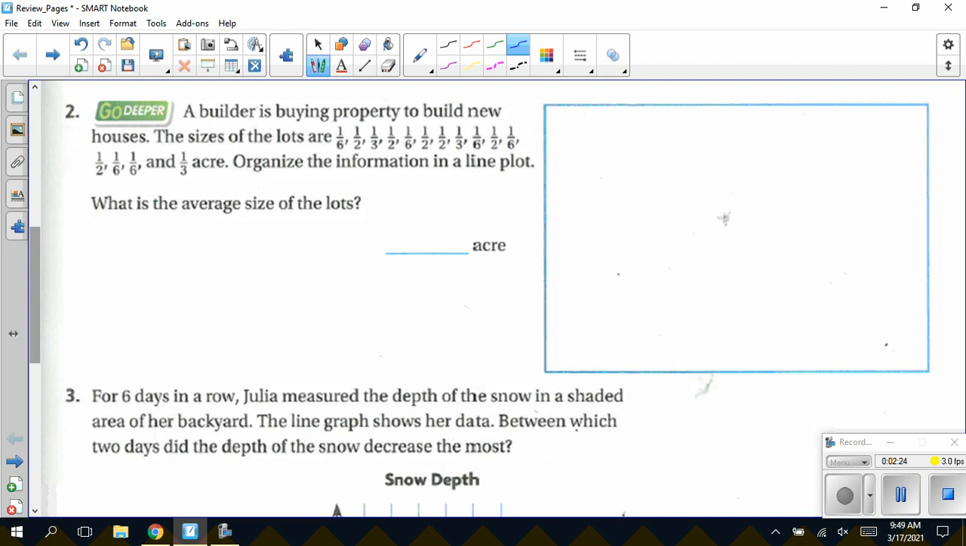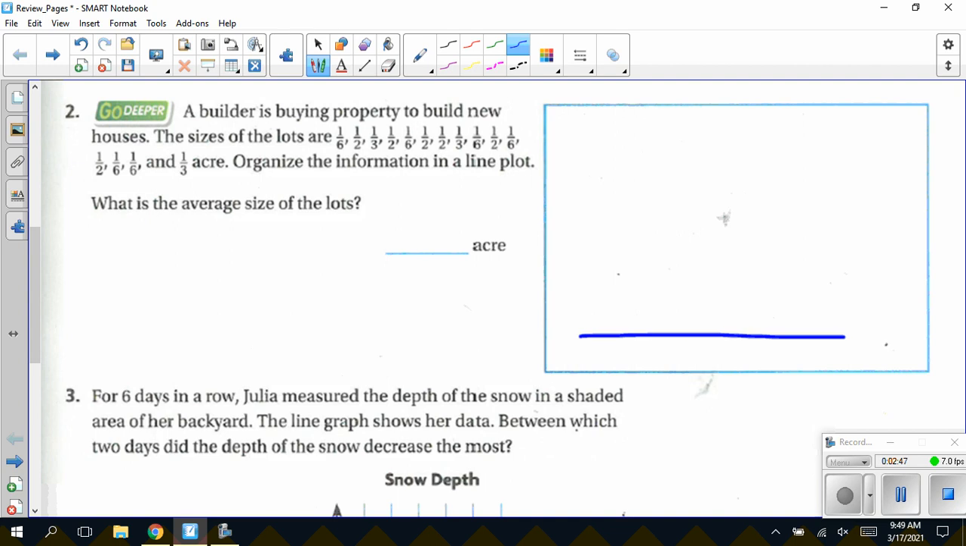Number 2, a builder is buying property to build new houses. The sizes of the lots are, and you can see a list of fractions, and that is being measured in acres. Organize the information in a line plot. What is the average size of the lots? So I am going to create a line plot